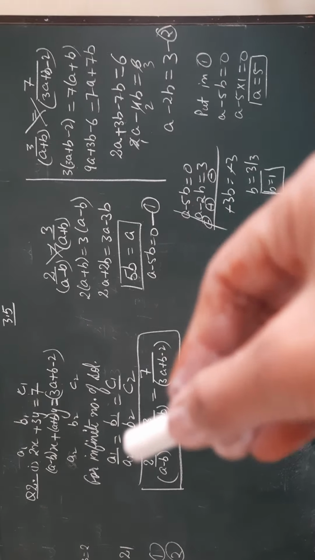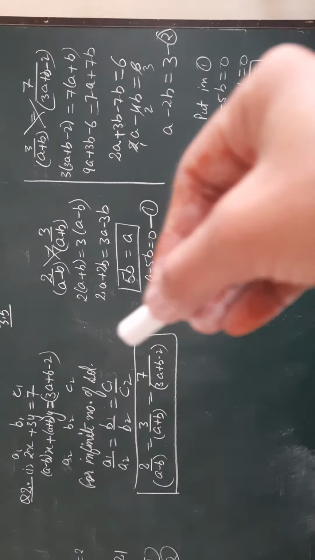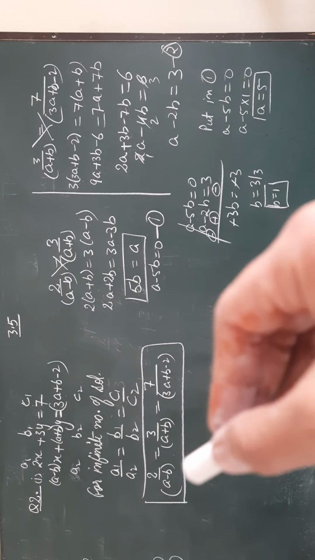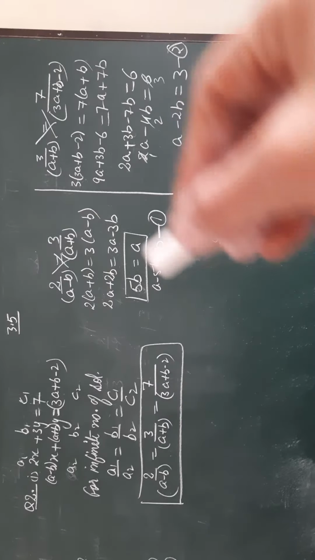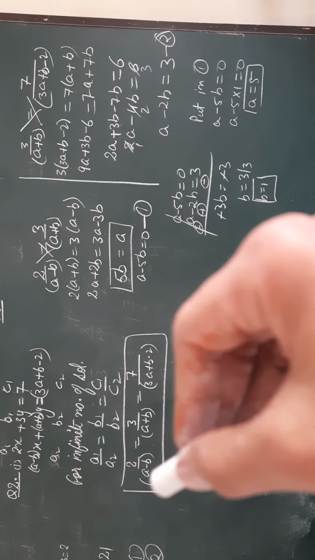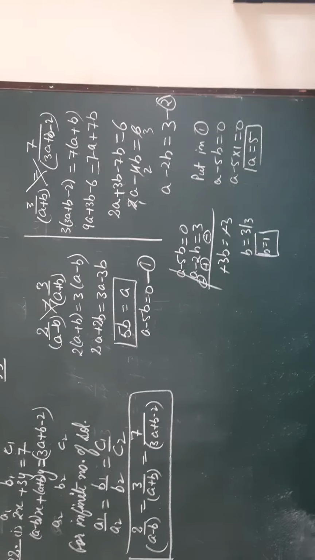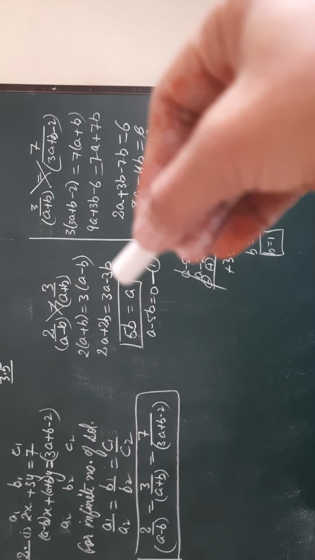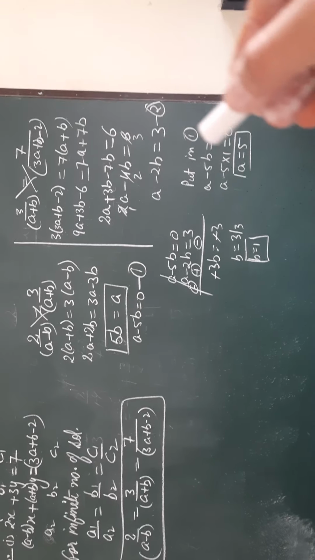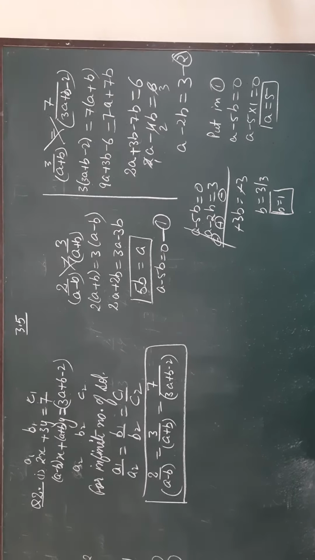So for infinite solutions, I have applied the condition, put the values a1, a2, b1, b2, c1, c2. Now to make two equations, I have compared the first two ratios in the first case and the second two ratios in the second case. You can compare the first and third ratio also, but only two things are required to find out, so I have made only two equations. By solving the first pair, we get this. Second pair, we will get this. By solving them by the elimination method, we will get the values of a and b. Similarly, do the second part. Do that yourself.